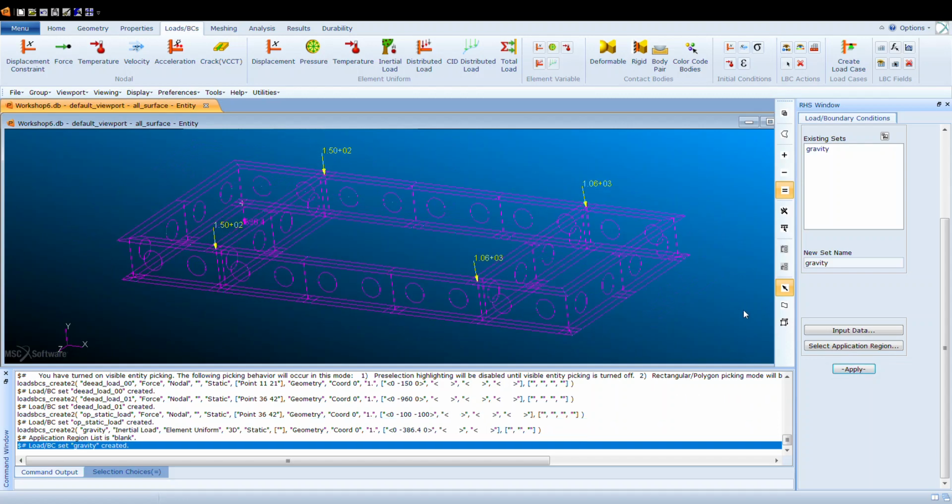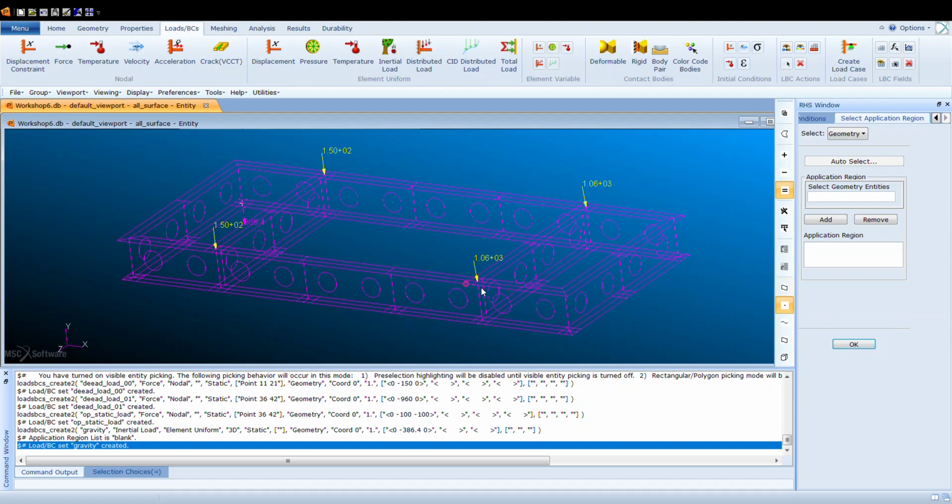Now we're going to create the constraints. So we head to displacement constraints, and right here we're going to name it fix base. We're going to put input data, translation is going to be 0 space 0 space, and we hit OK. Select application region, and on region